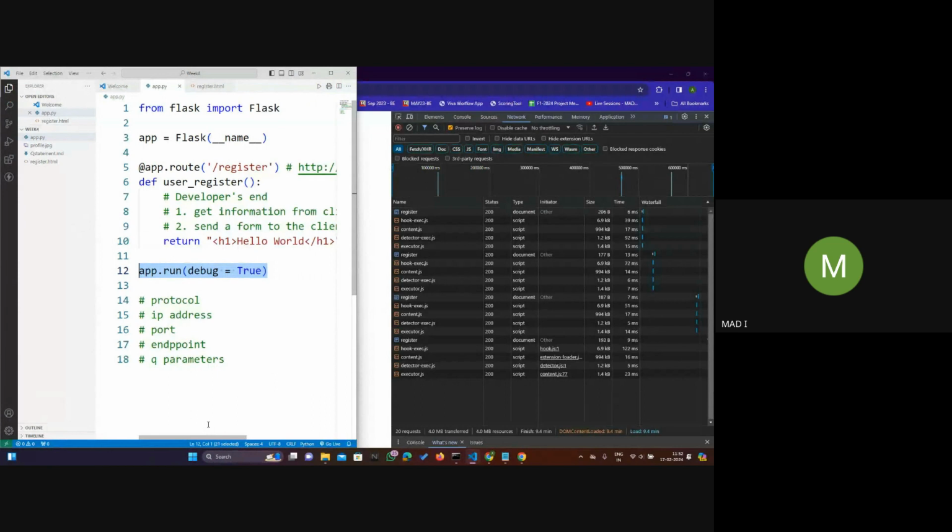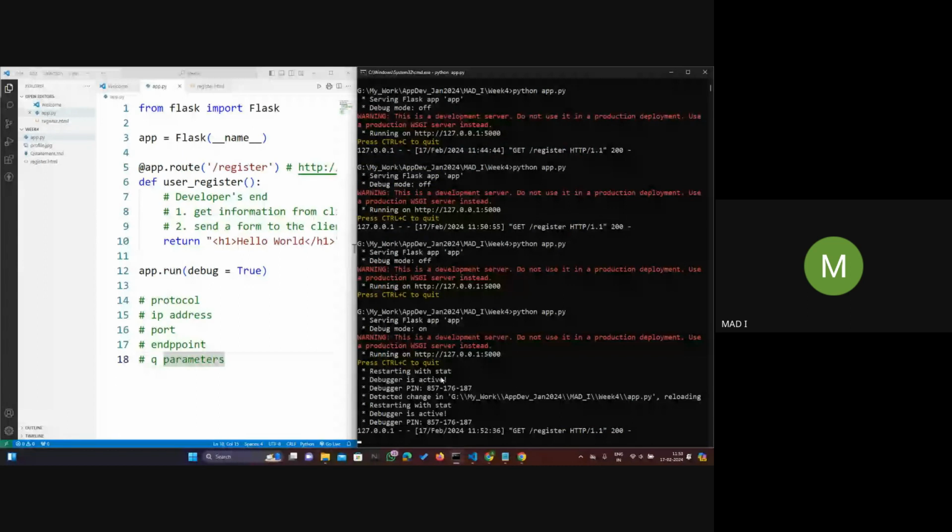Okay, is this clear? Sir, does a normal refresh not work when we activate debug? Normal refresh, when we don't activate it, does not work, because the code that is working as the server code does not have those changes incorporated. We are only making changes in app.py, but the app.py which is actually running, serving the Flask app, is a copy of the code created by Flask when it started running. So if debug mode is off and I make any change here, that change is not happening in the